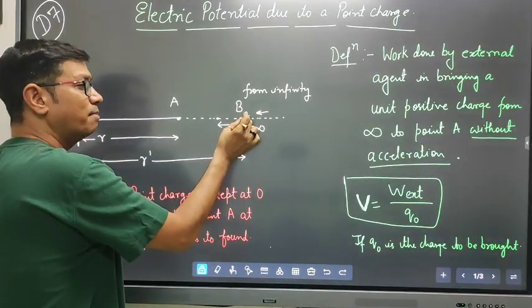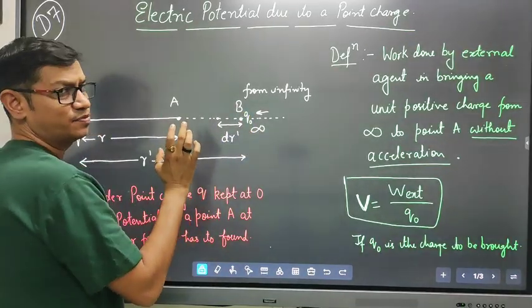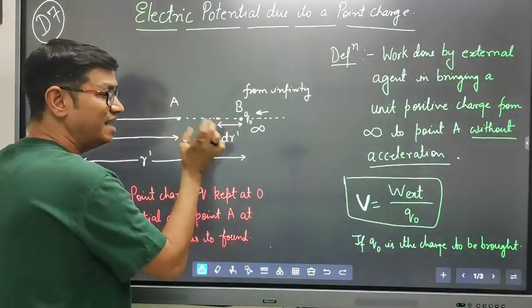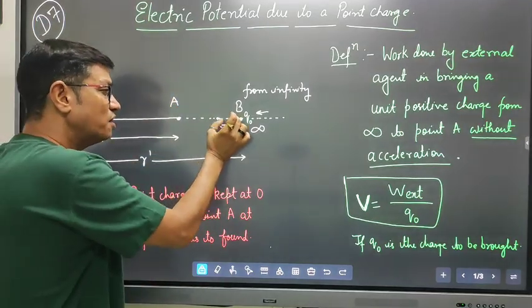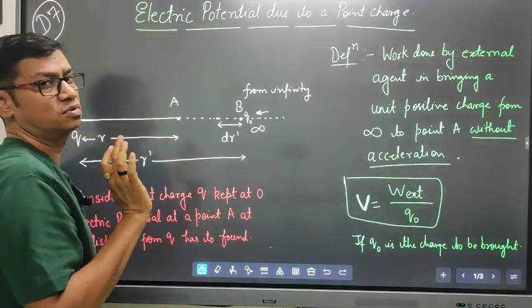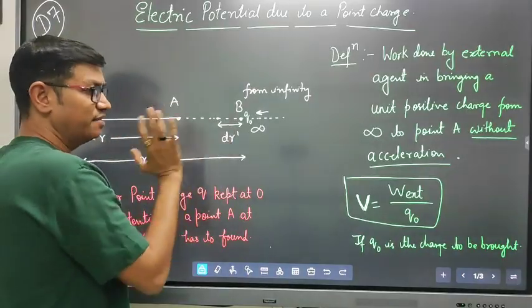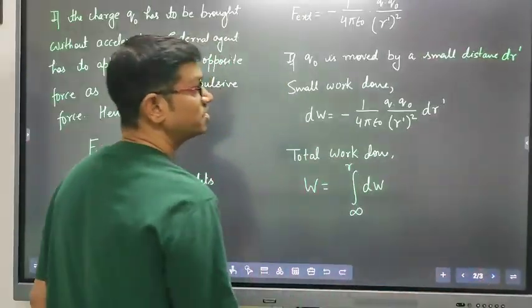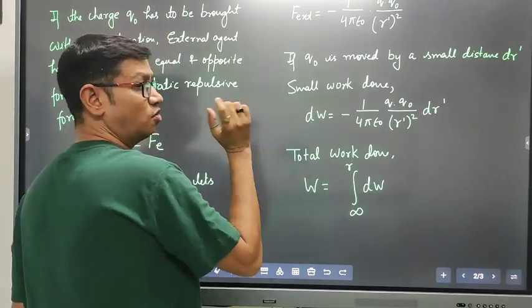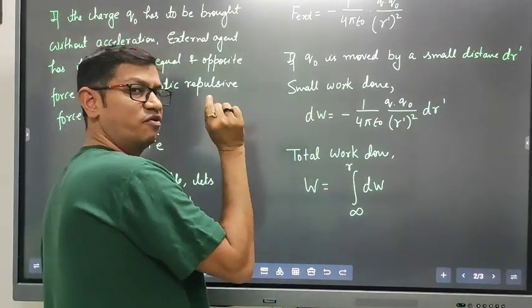अच्छा, अब इस स्टेज से अगर हम इस Q₀ को, if you are moving this Q₀ by a very very small displacement, let's call that dr', ये इतना स्मॉल है कि we can assume the force to be constant in this displacement, तो वहां पे वर्क डन कितना हो जाएगा अगर हम डिस्प्लेसमेंट करें, तो work done is, now this is very small work done because we are moving with a small